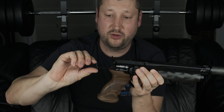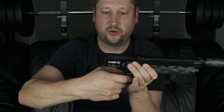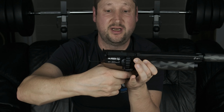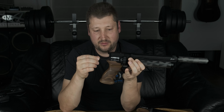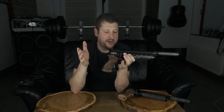And for some of you, you may want to have it heavier. Just go another revolution more. This is actually really nice. I like it. I will actually leave it like that. Okay, so that's it. What you're adjusting is only the spring tension, meaning the weight of the first and the